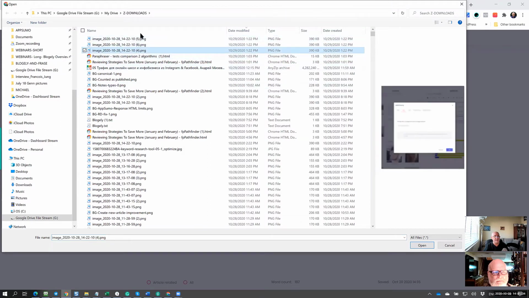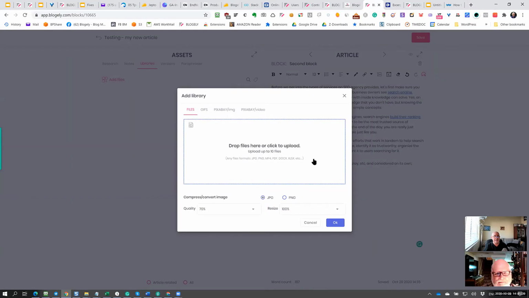Let's say I'm just going to reuse this image here and just click open, and this image will end up here. I can compress it and I can convert it. Let's say if I want to use it as a PNG or JPEG, and I can set my own quality and resize. If the image is too big, I can resize it to get a smaller size image.